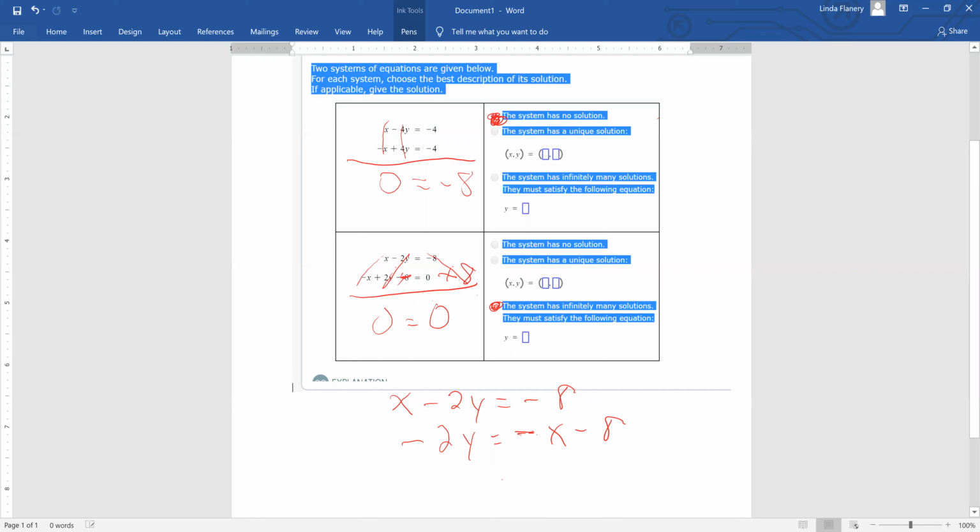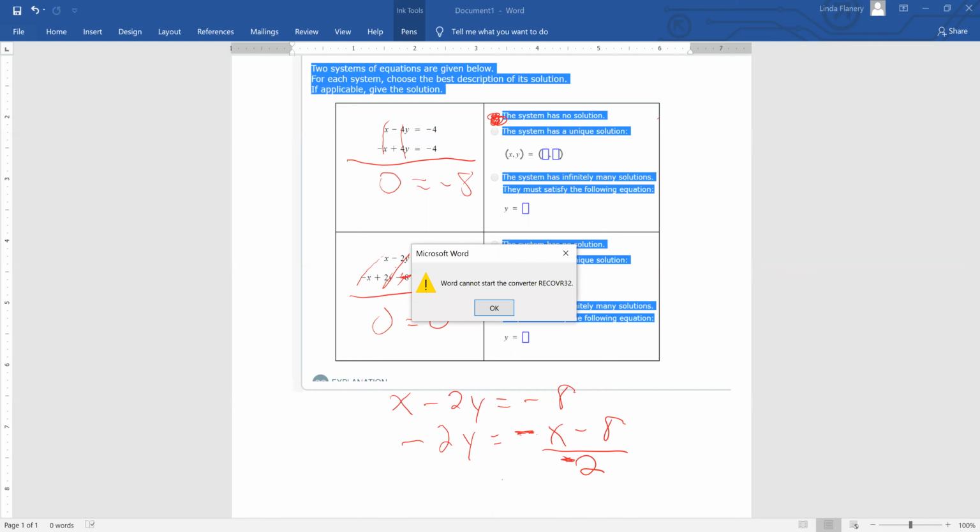My negative didn't quite want to write. There we go. And then I'm going to divide by negative 2. Now you could stop right there and use that as your answer if you're not good with simplifying. Don't forget the negative. That was supposed to be negative 2. Otherwise, if you did simplify this one, y